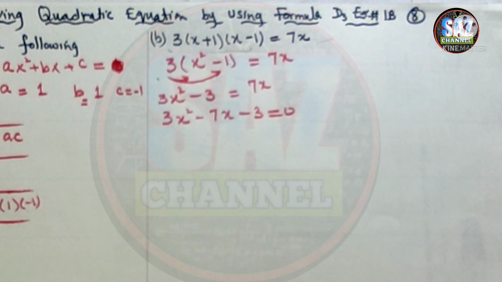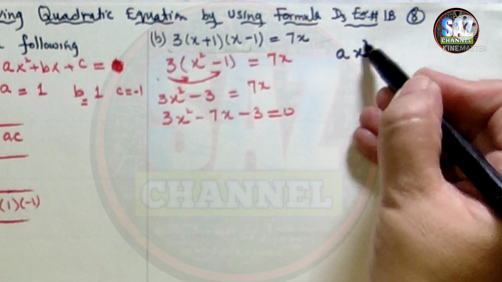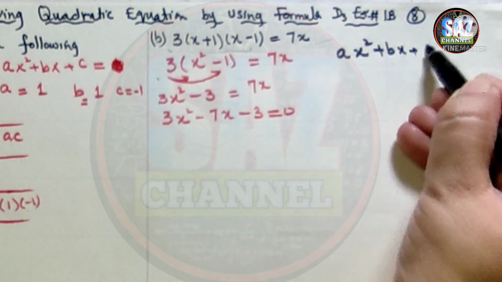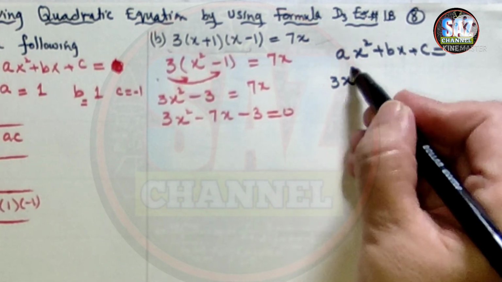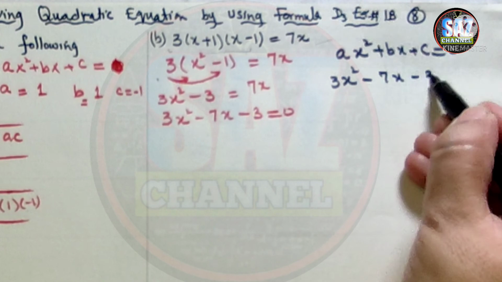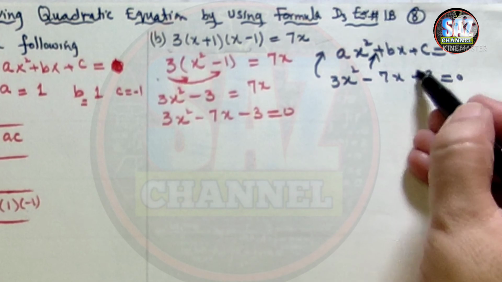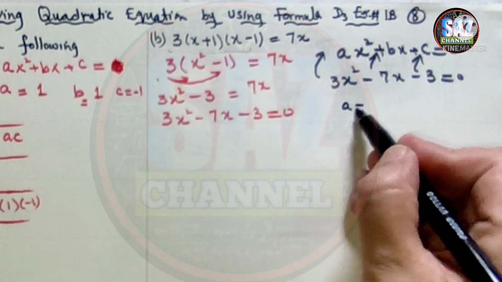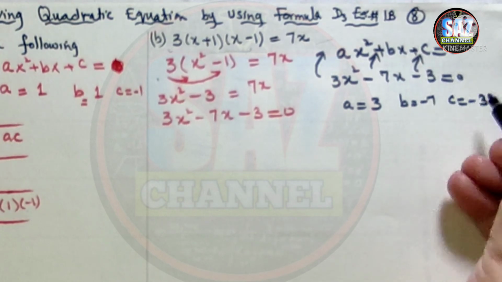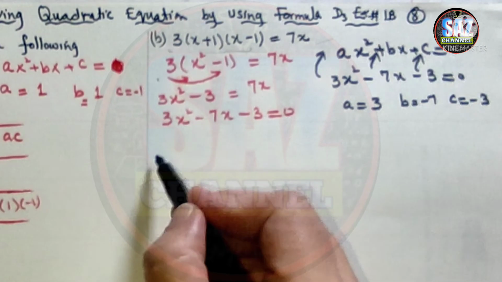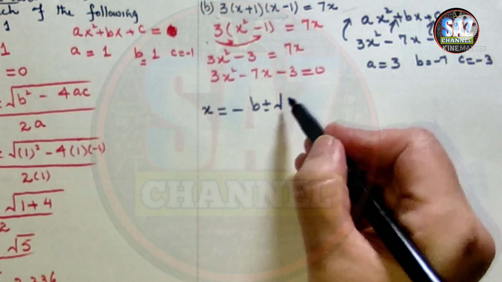And now we have to compare it with the standard quadratic equation, which is ax square plus bx plus c equals 0. So, the required equation is 3x square minus 7x minus 3 equals 0, and by comparison we can see that a equals 3, b equals minus 7 and c equals minus 3. Now, recall the quadratic formula, that x equals minus b plus minus square root of b square